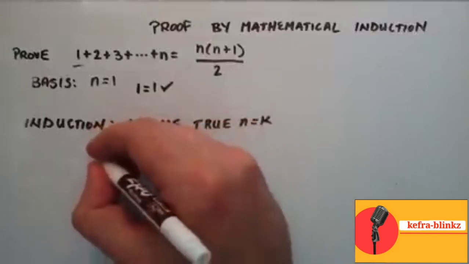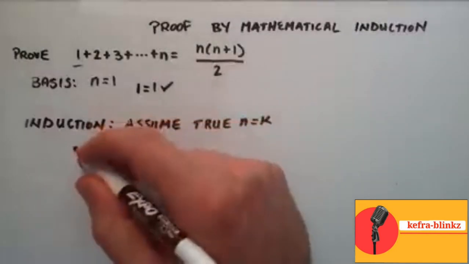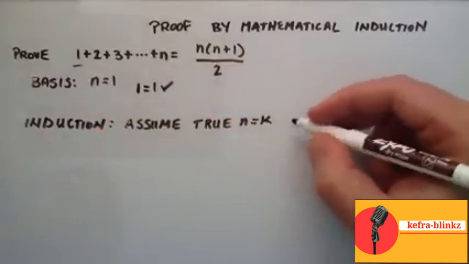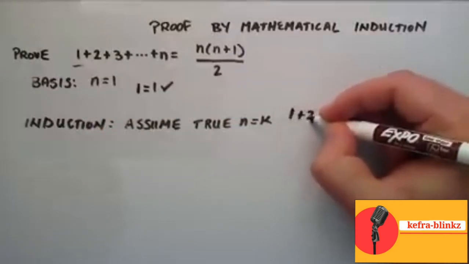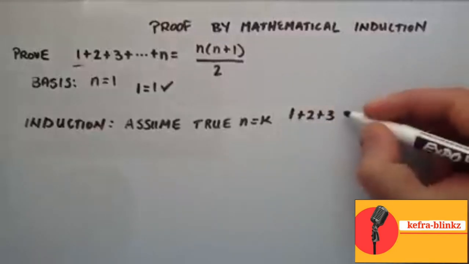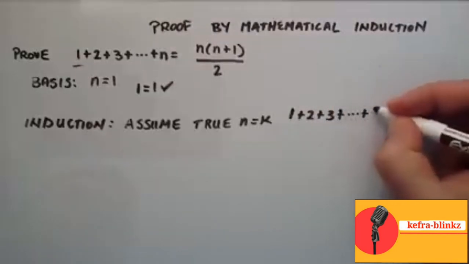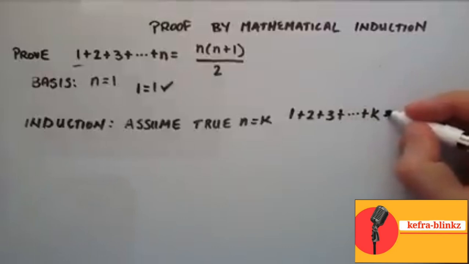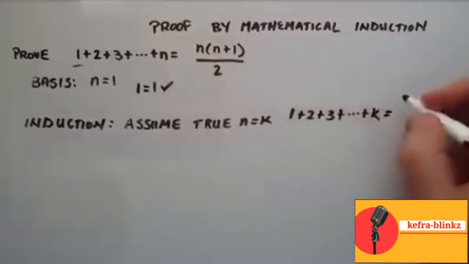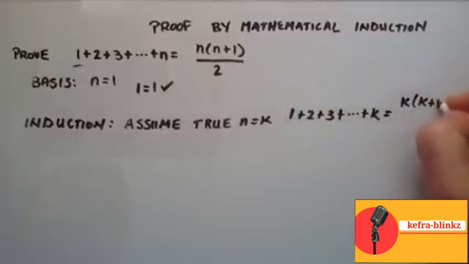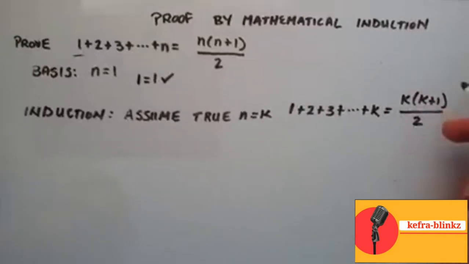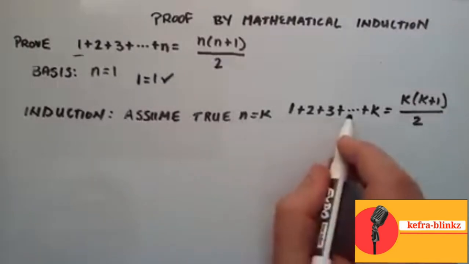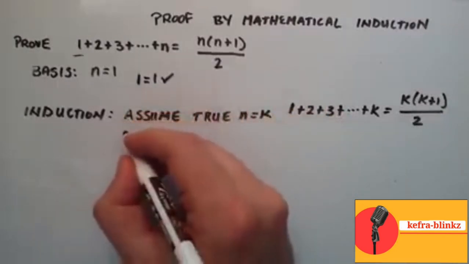Let's write it over here to give myself some more room. So for this step we have 1 plus 2 plus 3 plus all the way up to some value k. We're going to assume that that's equal to the right-hand side, so plugging in k where the n's are, k times (k plus 1) divided by 2. So we've assumed that this is true, and then the next thing we want to do is